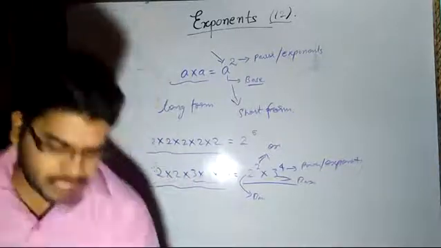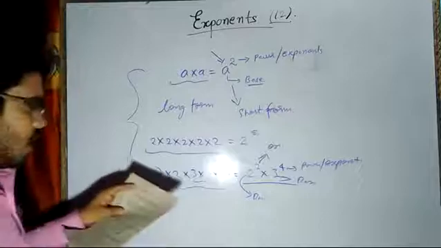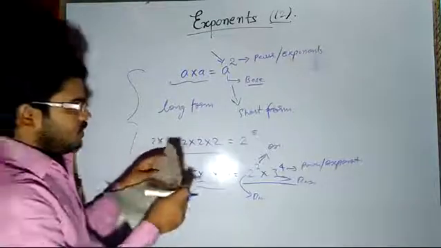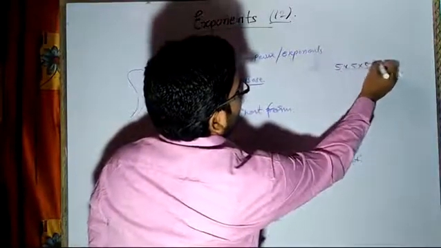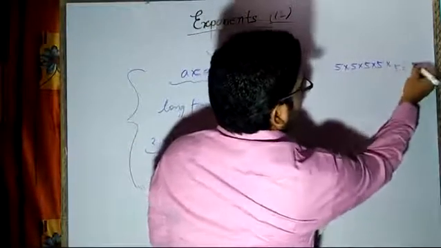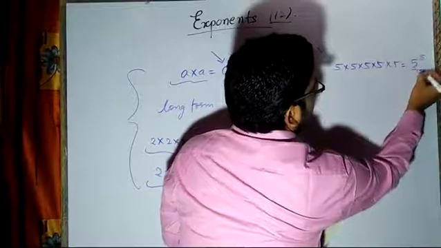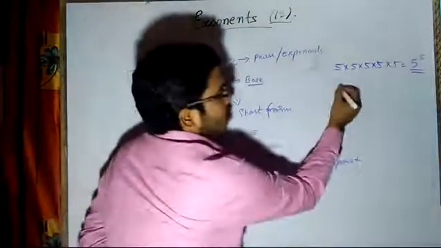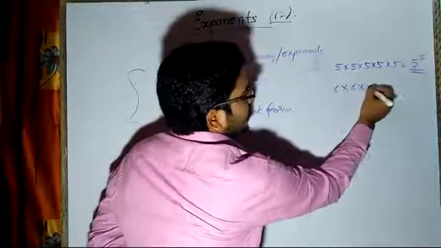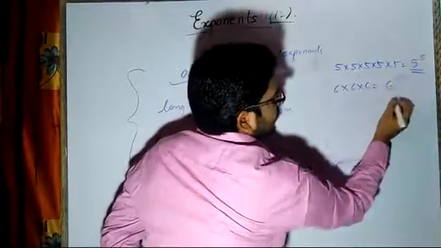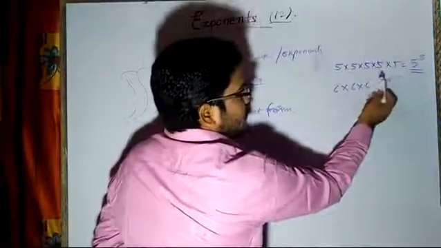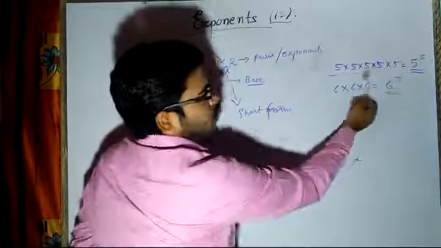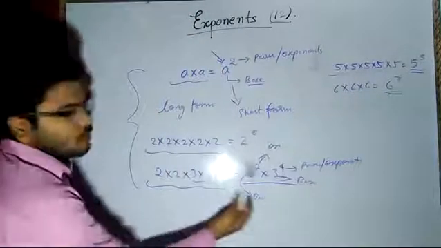Now some of the questions that are related to that, given in our book, are write in exponential form. Like question number 1 says 5 multiplied with 5 into 5 into 5, 5 times it is given. So this can be written in exponential form as 5 raised power 5. In the same way, if I have 6 multiplied by 6 multiplied by 6, then I will be writing 6 raised power 3. So this is called as the exponential form of the numbers, whereas this is called as the long form or expanded form of the numbers.